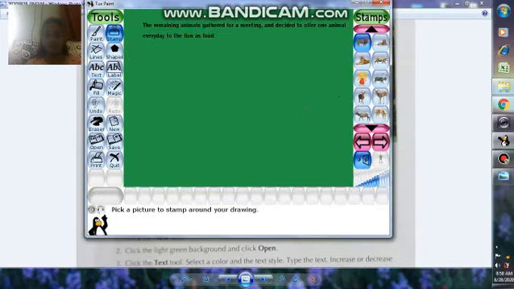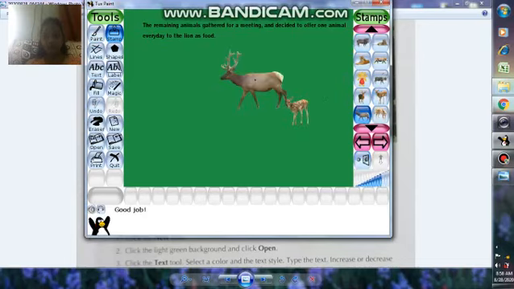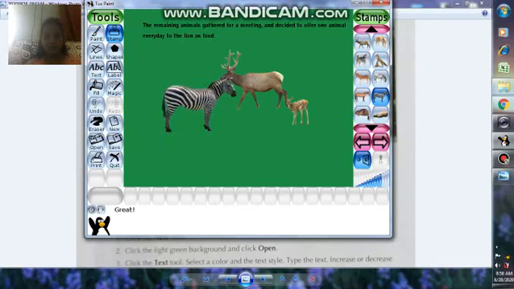So go to stamp tool. Take different animals. You can set the size here. Right now I am not giving the size here. So many animals are given here. Zebra, then deer, then see for more animals.